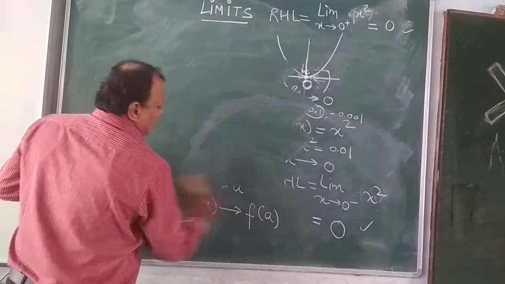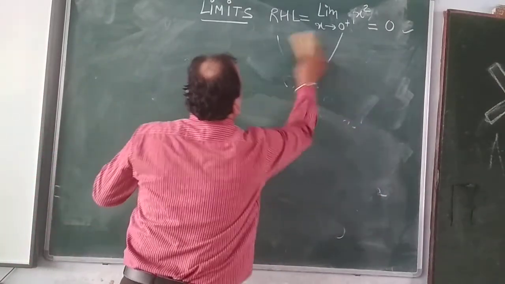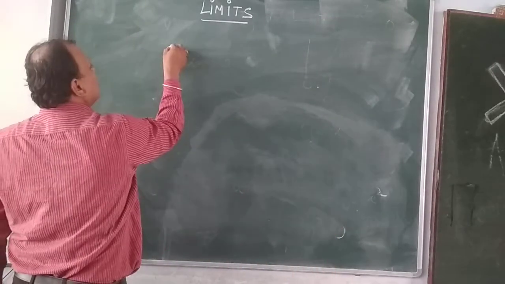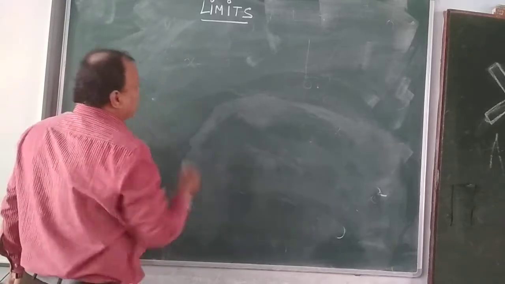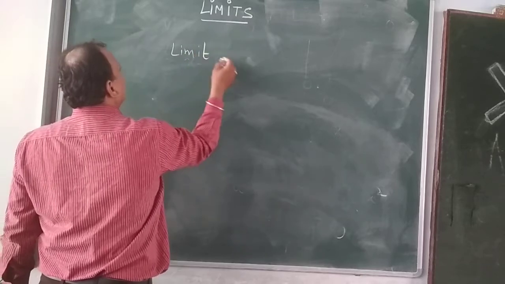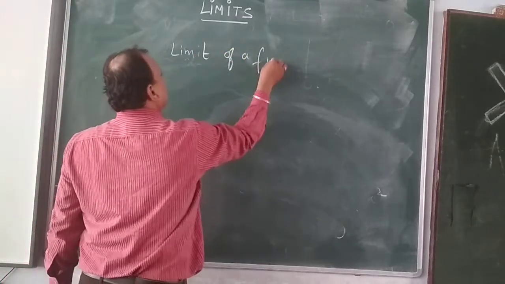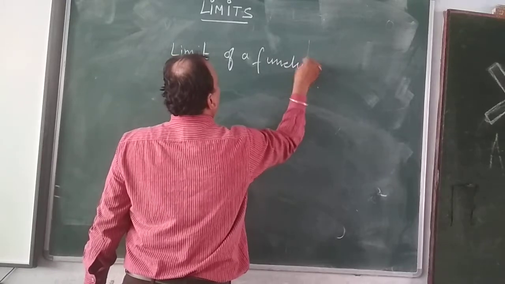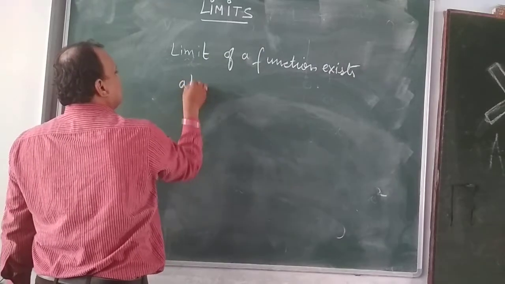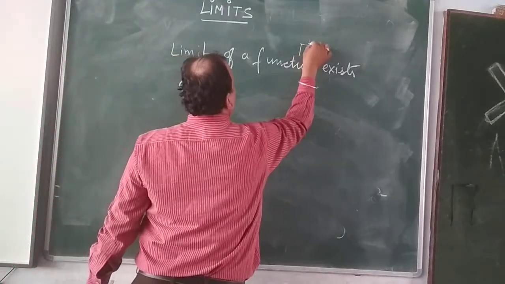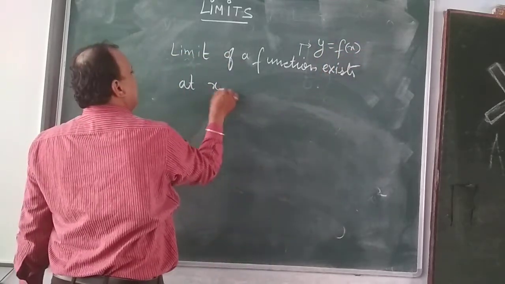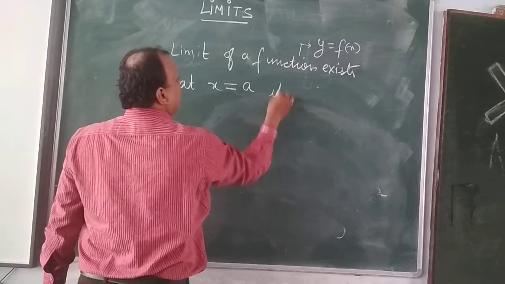Technically, if the limit of a function exists at a particular point, you can write down the definition. If you want to define the limit, then we will write like this: the limit of a function, say the function is y equal to f of x, exists at x is equal to a, if and only if